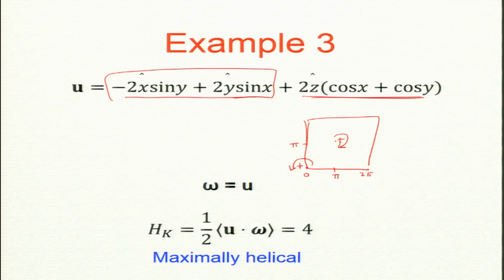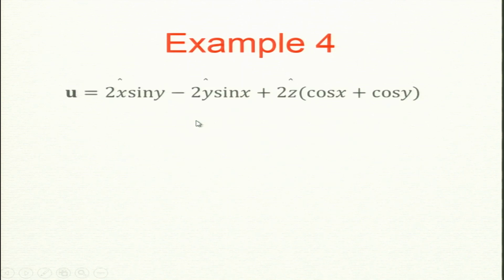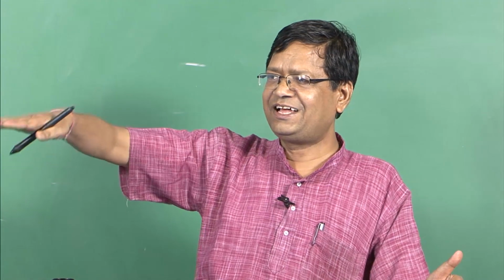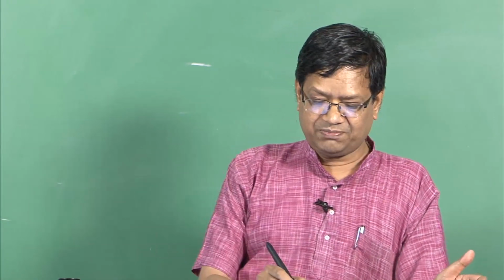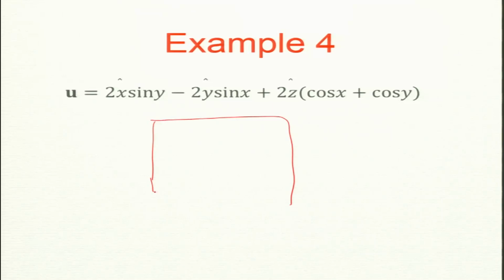Okay. So in example 4, I make only one change: my 2D fields just change sign. They were minus here and minus here before and plus in the previous example. I just changed the sign. So wherever there was a cyclone will become an anticyclone, because I changed the velocity sign. So cyclones will become anticyclones and anticyclones will become cyclones. So let us just draw this picture. In the middle it was an anticyclone, so it becomes a cyclone like that. Here it was a cyclone, so it will become an anticyclone.